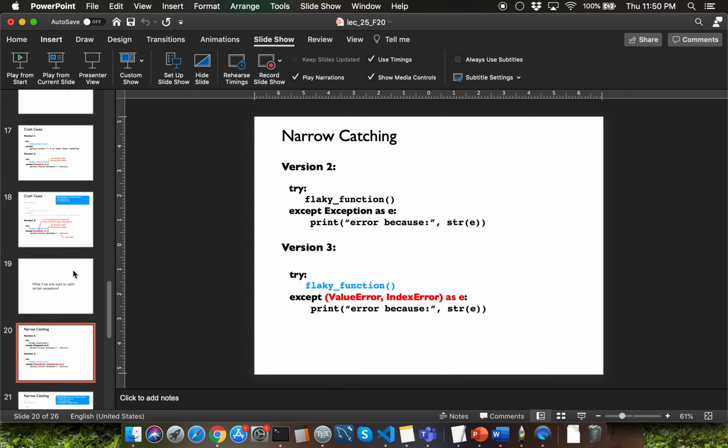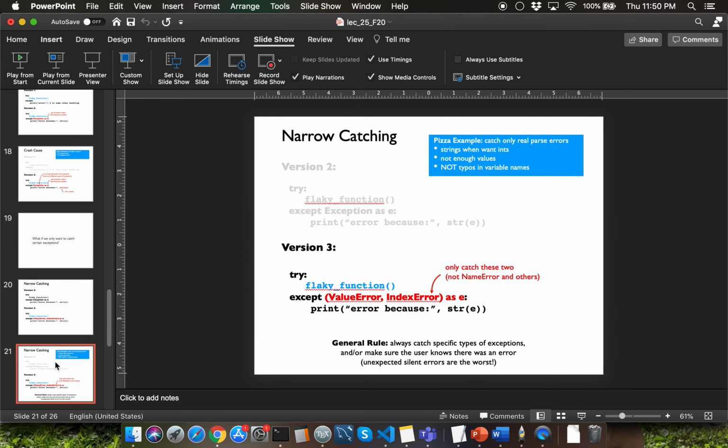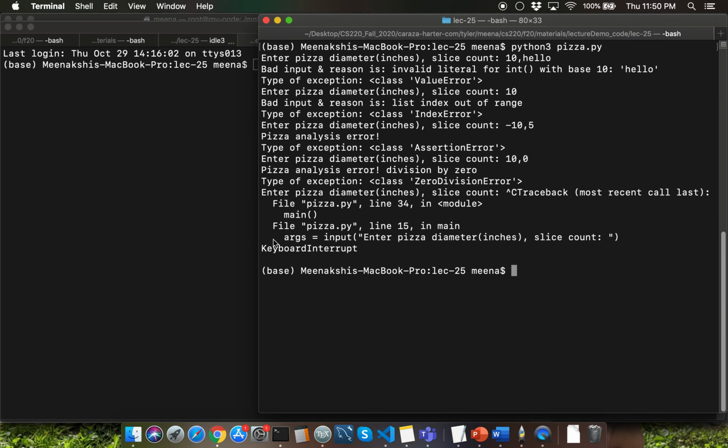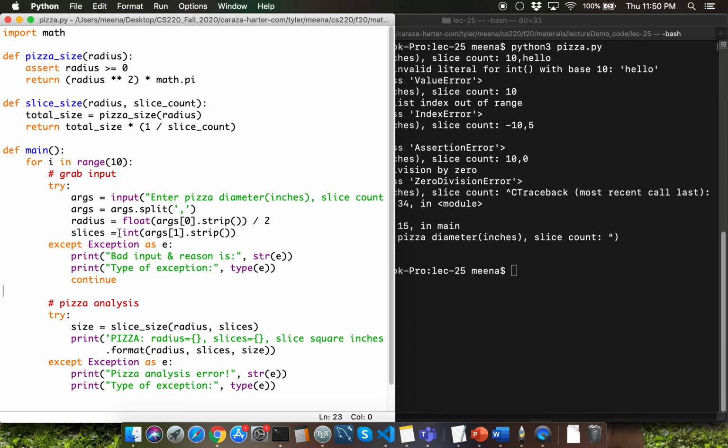Let's go back to our program over here, and I'm going to show you why it is a bad idea to capture blanket exception. Let's say that instead of having args in line number 2 for processing the input while splitting it, I had a typo and added one more s to it.